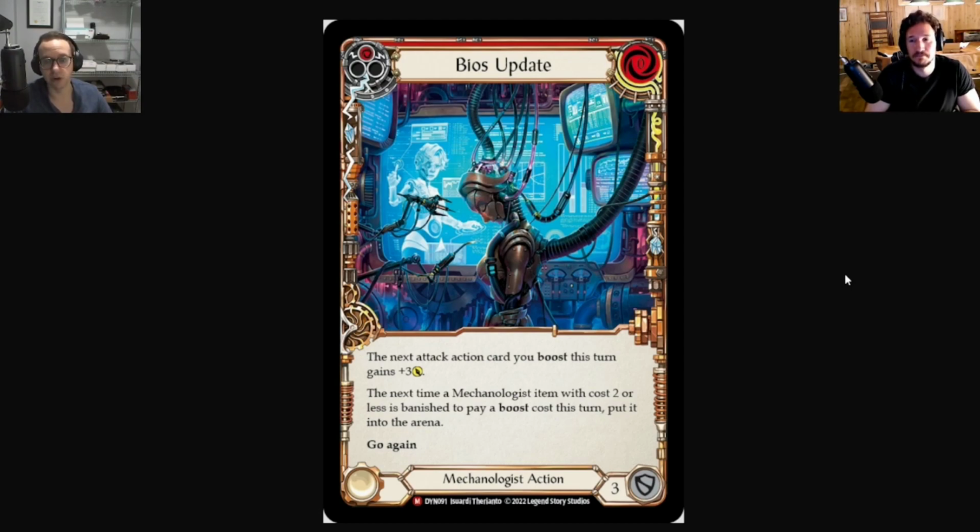But item with cost 2 or less is pretty much, at this particular point, it might be all of them. Yeah, there's no three cost or more item yet, but they might print one. They might print one, but being able to again boost off BIOS update and get an item in this particular case,